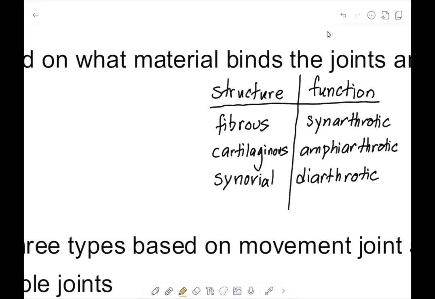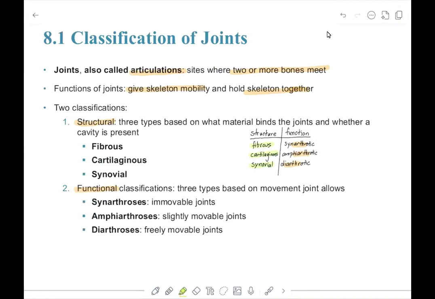When we look at the functional terms, I'd like you to note the root of the word looks like arthro. Kind of think arthritis. If you see that root of the word, you need to think function or physiology. When you see the other structural words, remember they are referring to the substances, like connective tissue, that are holding those bones together. As I zoom back out on this slide, we can see the structural terms like fibrous,